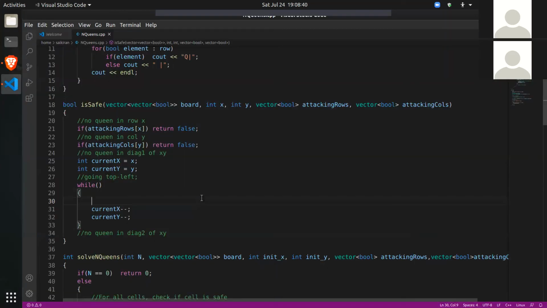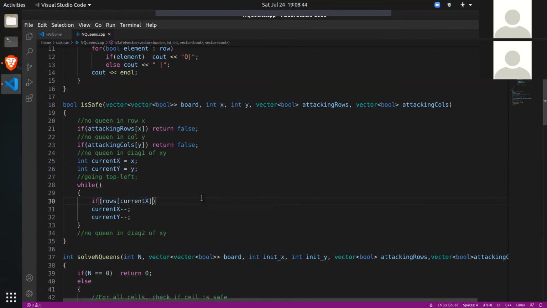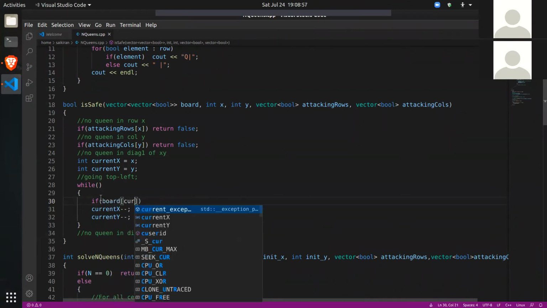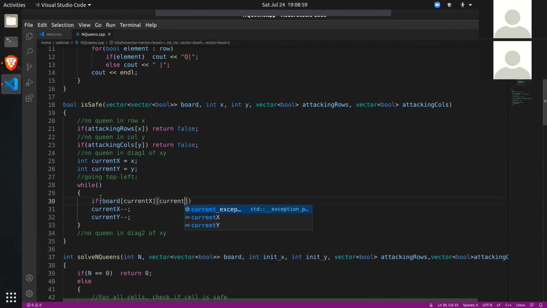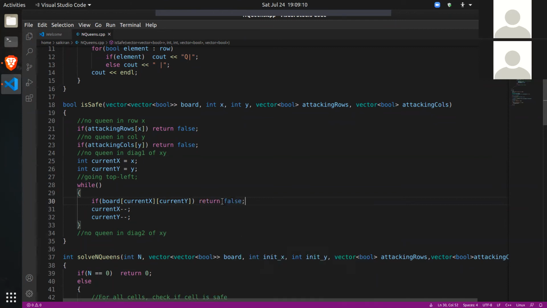Attacking rows, okay, wait, this would be wrong, I guess. Okay, let's do this directly. If board of current x, current y is true, that means there is a queen there. So in this top left diagonal, there is a queen. So we cannot do anything. So just return false. That cell is not safe.